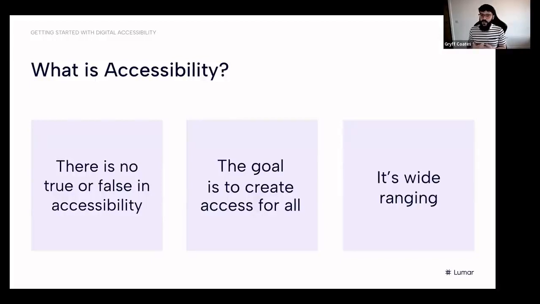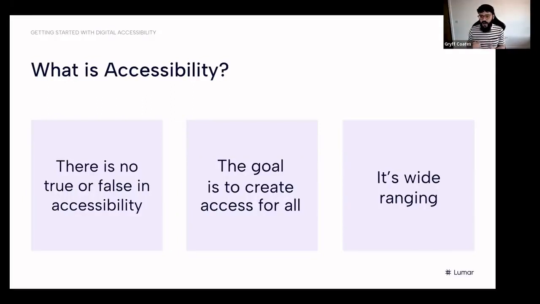The other thing is that the goal is to create accessibility for all. We want to make sure we're building digital content that is available and accessible for all. There are ways and tools to do that, but that should always be your overall aim. You shouldn't concentrate solely on one type of user and not another, or focus on external customers and forget about your internal accessibility. The goal should be accessibility for all, not just a niche select group.